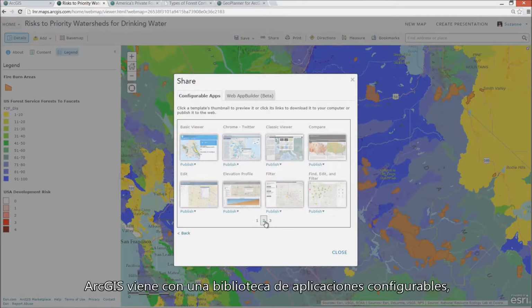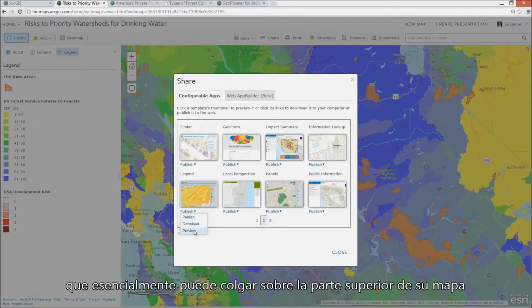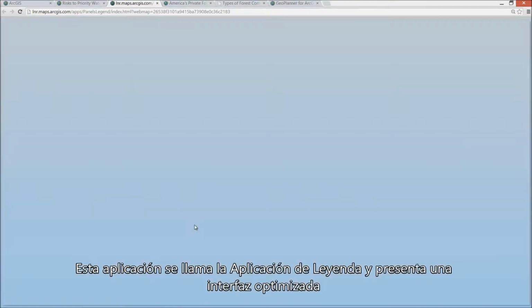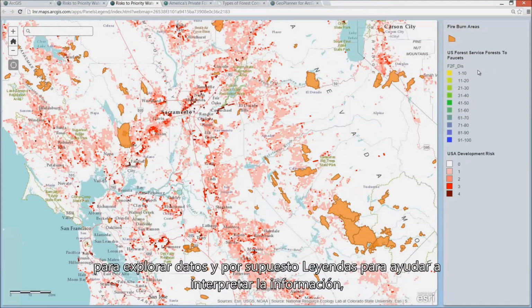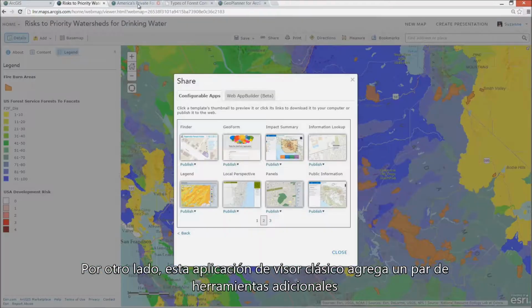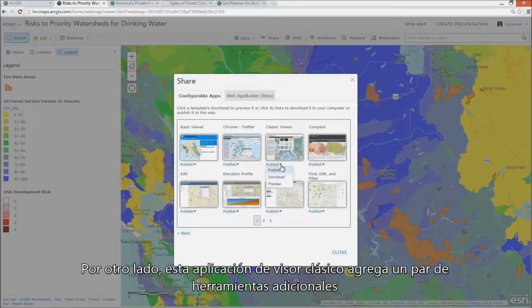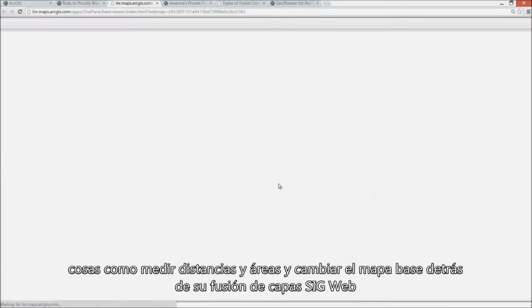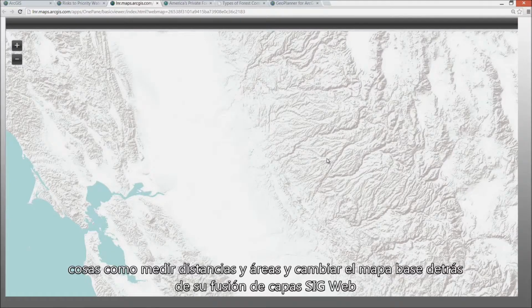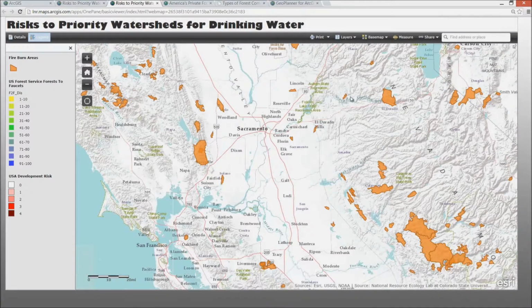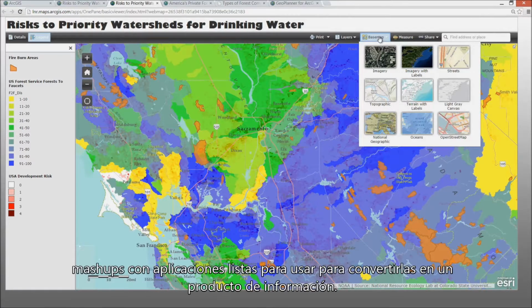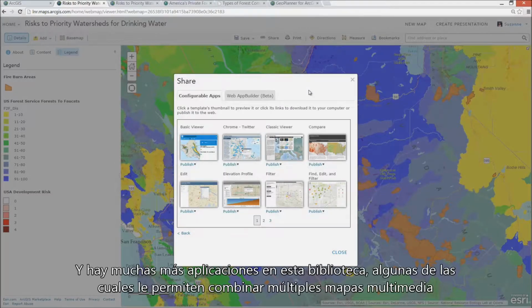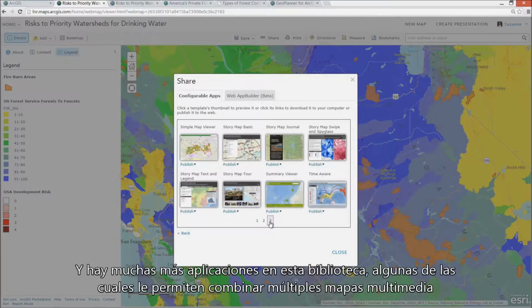ArcGIS comes with a library of configurable apps that you can essentially drape over top of your map. This application is called the Legend app, and it presents a streamlined interface for exploring data and, of course, a legend to help interpret the information. On the other hand, this classic viewer app adds in a couple of additional tools, things like measuring distances and areas and changing the base map behind your fusion of WebGIS layers. With this approach, you're not only fusing content, you're dynamically pairing mashups with ready-to-use apps to turn them into an information product. And there's many more apps in this library, some of which allow you to combine multiple maps, media,